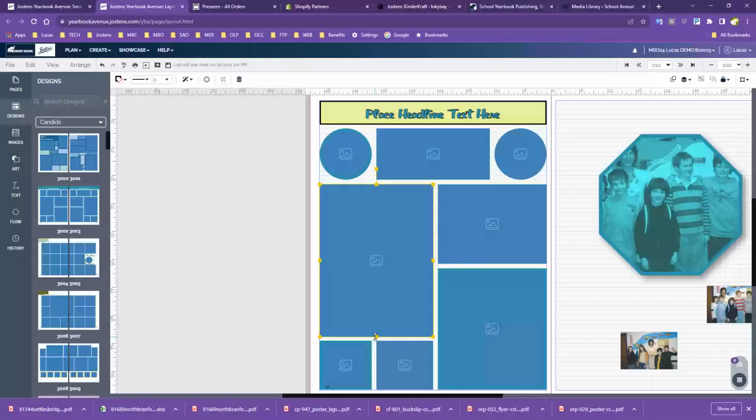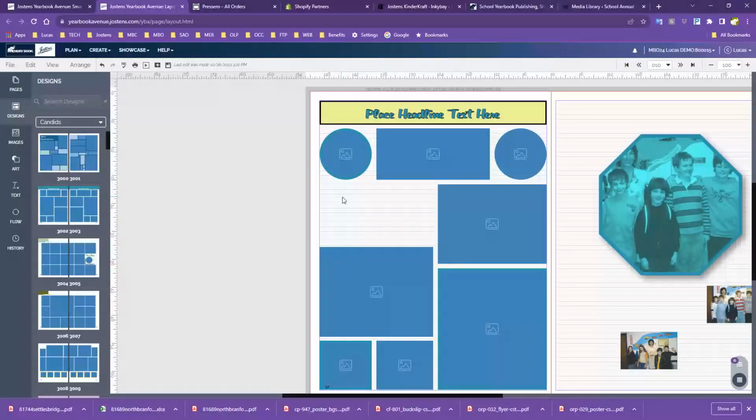So in this case, I would like to add a paragraph box. Maybe each teacher this year has a small little message to her students or their students or his students. We've seen this on some pages, but let's say there's a teacher message that needs to go in here. So what we can do, I'm going to bring this box down, and I'd like to put a text box